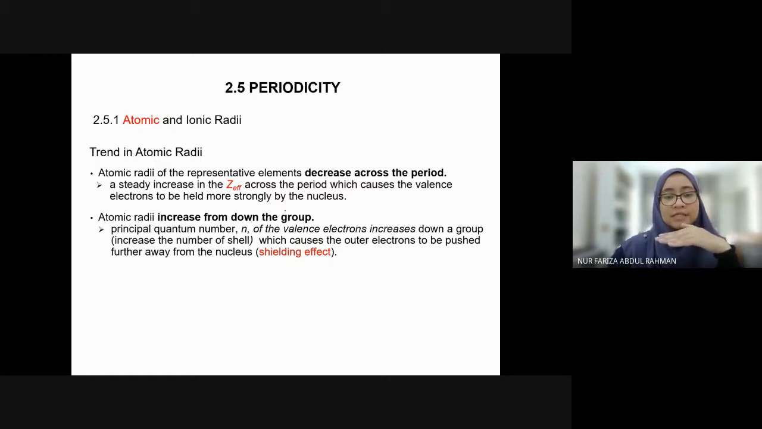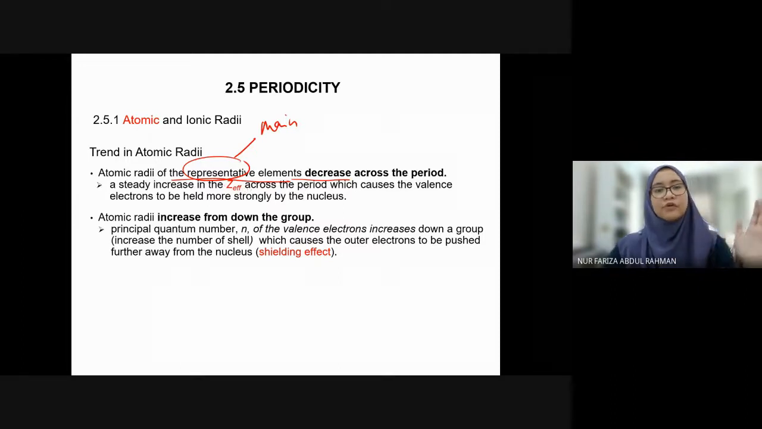Okay, alright, so in terms of across the period, the size changes. The size becomes smaller, or decreases, across the period. So the atomic radii of the representative elements. Representative elements are the main elements. Representative and main are actually the same thing. So we are going to cover only the main elements for periodicity, because transition elements are special and have their own explanation. We are not going to cover that in our syllabus. Okay, right. So across the period,